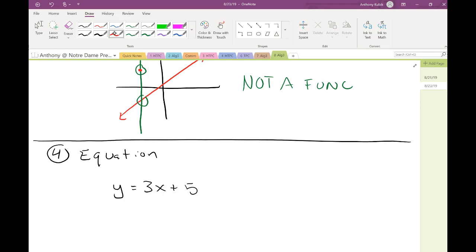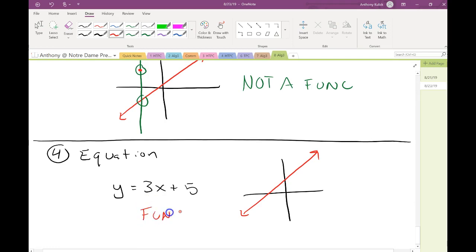Because you graph it with a line. Yeah, so what Lee is saying is the graph of this is just a line. Does this line, or the graph that we've turned this into, pass a vertical line test? Sure does. So we can say this is a function. The idea of taking the equation and transforming it into a graph and using the graph to determine whether it's